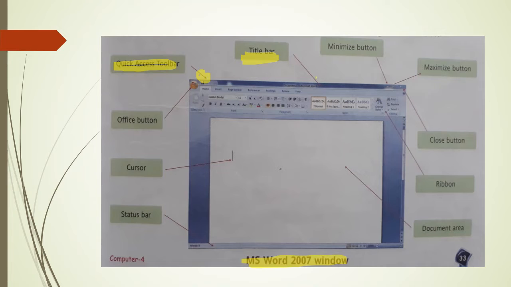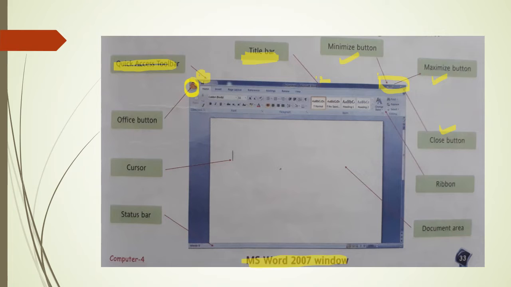This is the title bar, the blue color bar. Then at the right corner, we have the minimize button, maximize button and also the close button. Then at the left side we have the office button.